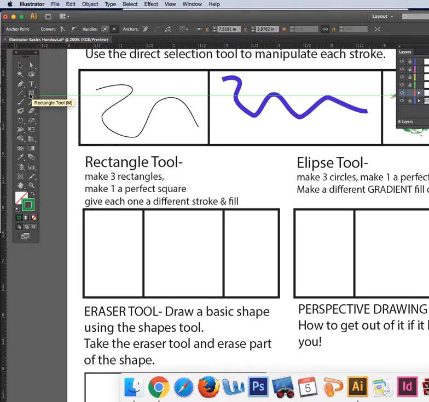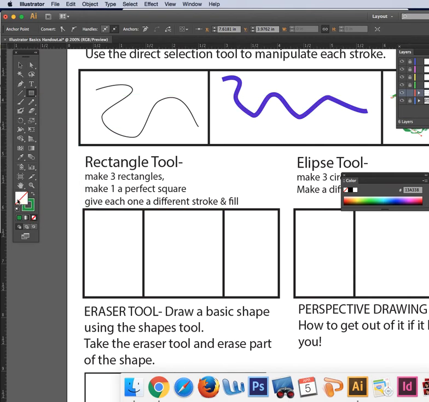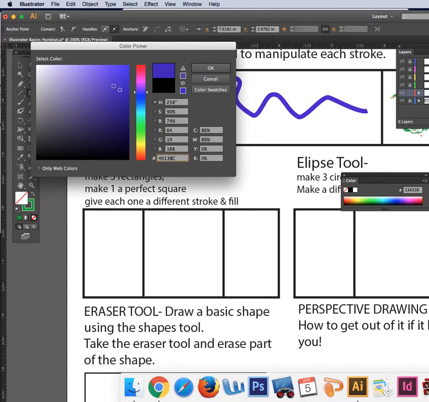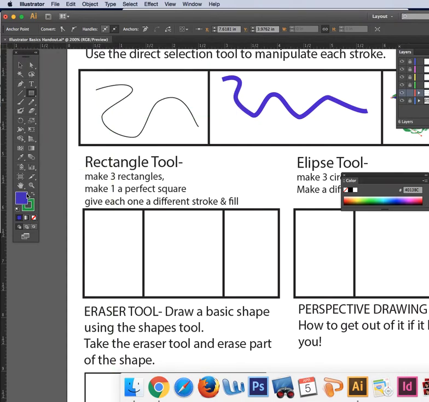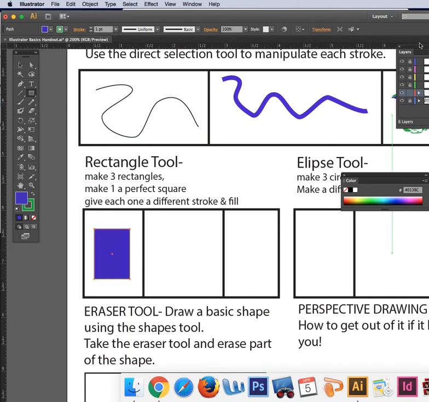is right there, okay? Down here, this is your fill, and this is your stroke. Currently, my fill is set to no fill, so if I double click and I give it a fill blue, now I have a fill of blue and a stroke of green. Let me show you what that looks like. So if I mouse down and drag, it's kind of hard to see because the